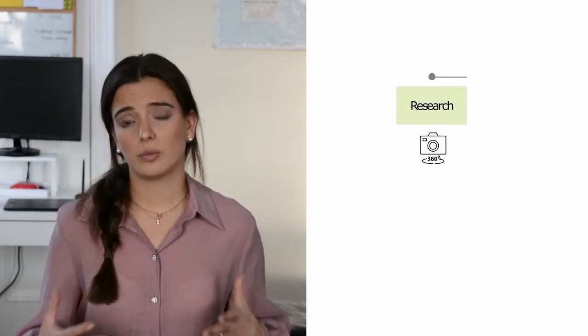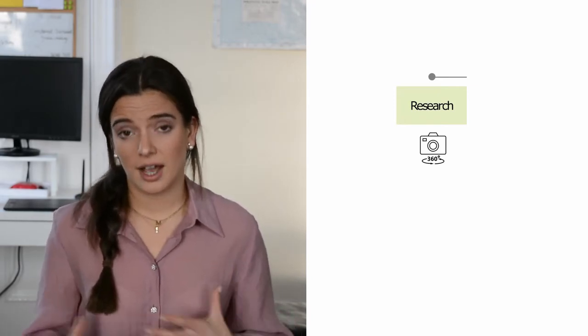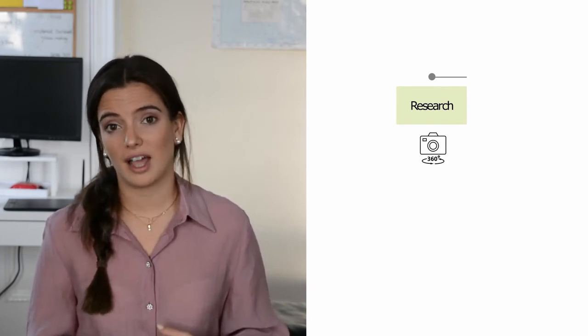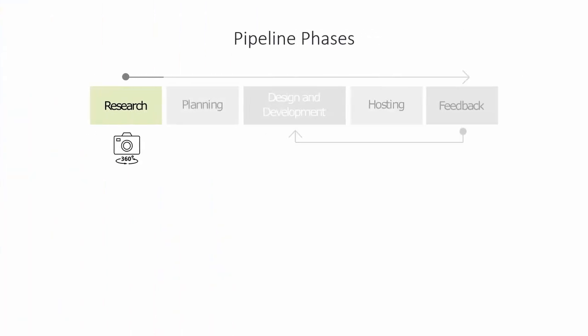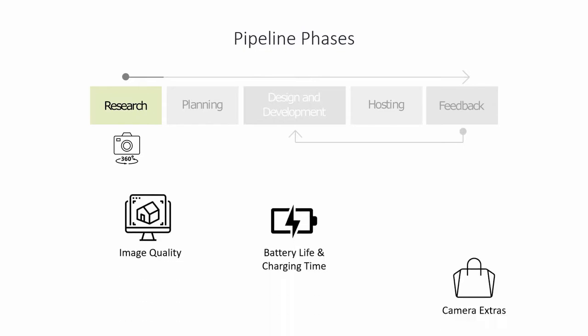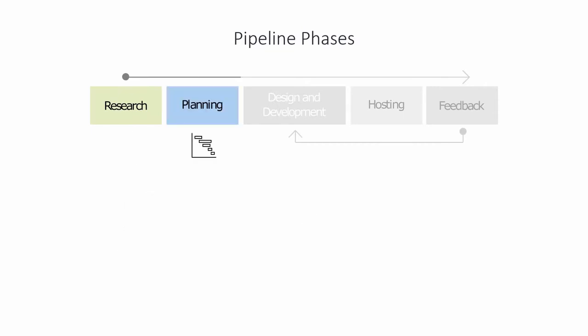There is a wide range of 360 cameras, and although there are low-priced cameras, it is important to consider the image quality, battery life and charging time, and camera extras. In this paper, we advise you on these key aspects which will allow you a better performance during the image acquisition phase. The paper also details the image acquisition planning and advises on developing a schedule and maximizing the use